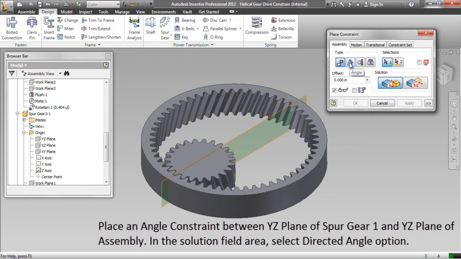Place an angle constraint between YZ plane of spur gear 1 and YZ plane of assembly.